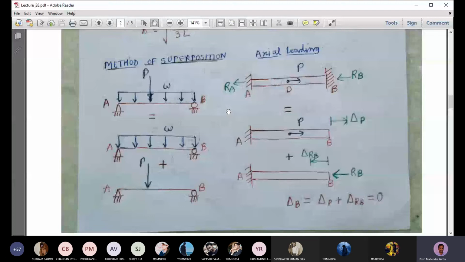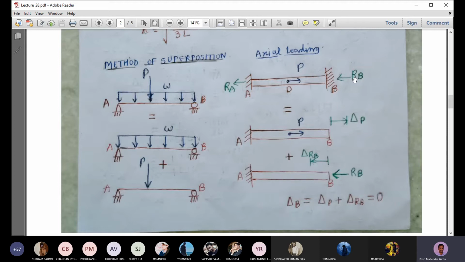statically indeterminate beam problems. Before doing that, we have looked at the axial loading case, the statically indeterminate problems under axial loading. Suppose we have this axial bar, which is not a beam. This is a uniaxial bar which is fixed at both ends, and we are applying a load in the middle, somewhere at a point D. We have solved this problem. We want to find the reactions RA and RB. If we apply the equilibrium equation, RA plus RB will be equal to P, and we have only one equation. We cannot find those two unknowns, RA and RB.